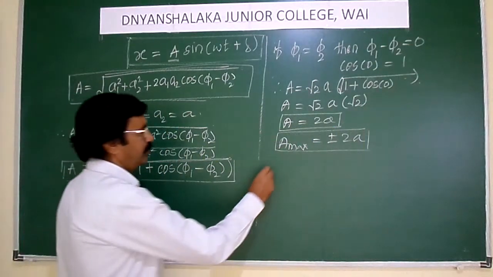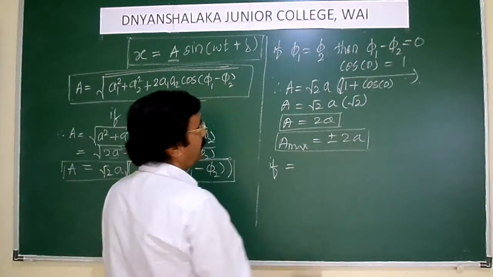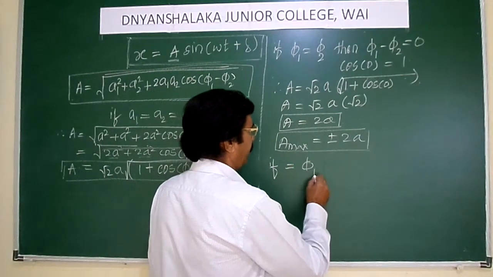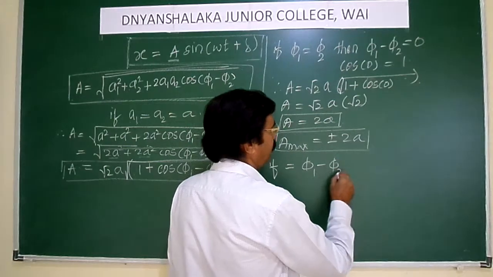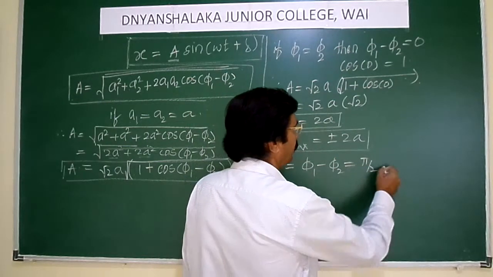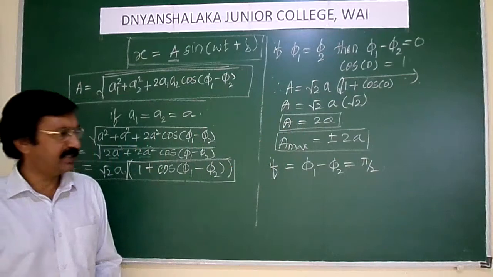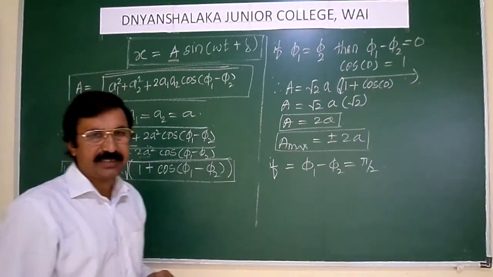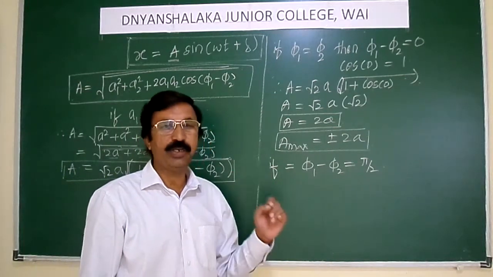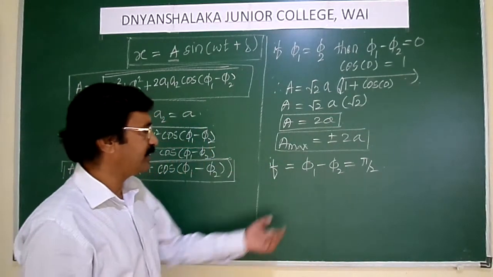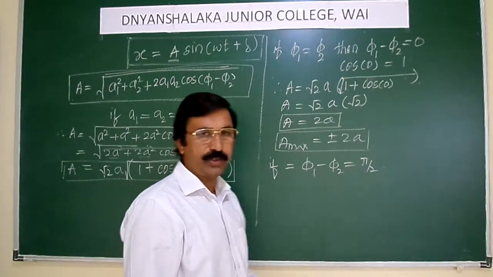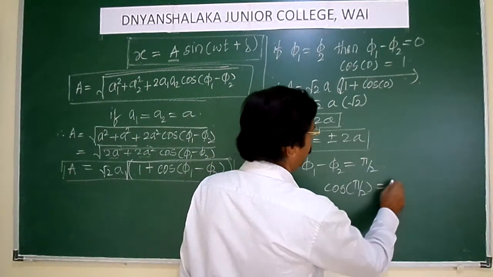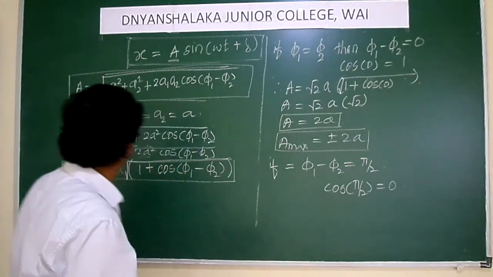But if the phase difference between the two initial phases, phi 1 minus phi 2, is equal to pi by 2, means one of the particles starts its SHM from mean position, but the another SHM, its initial point is at extremity, then the phase difference between both of them will be pi by 2. Then cos of pi by 2 is 0. Then the expression will become